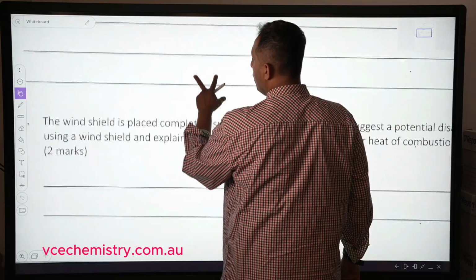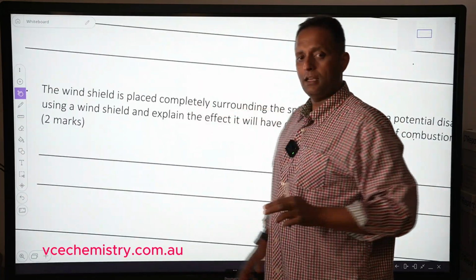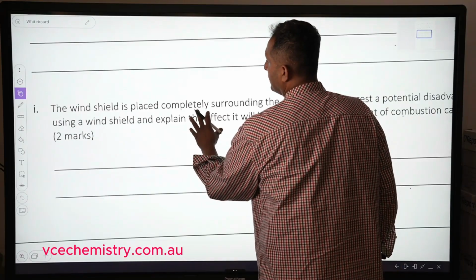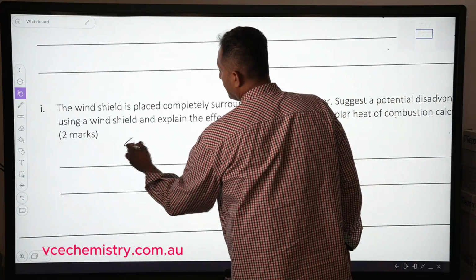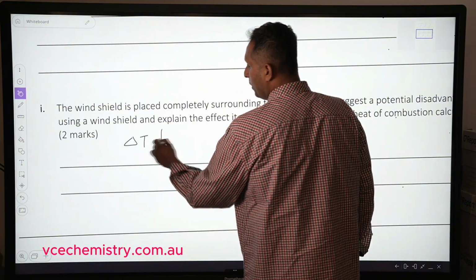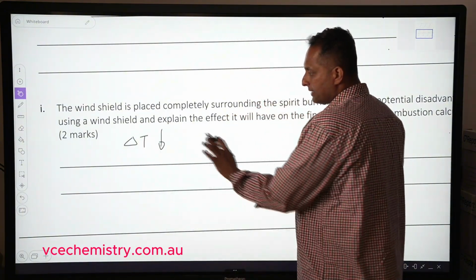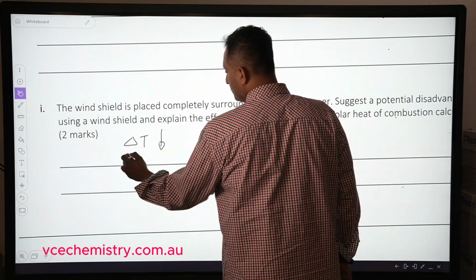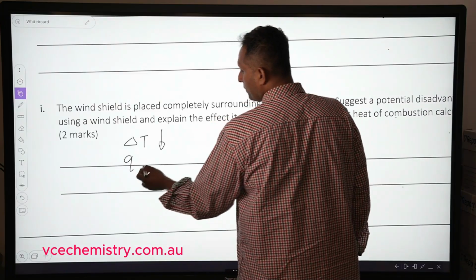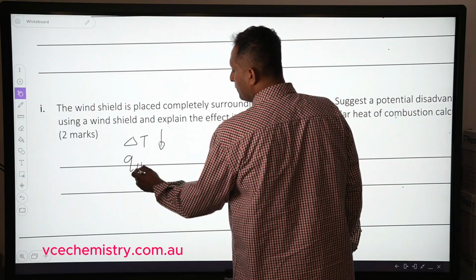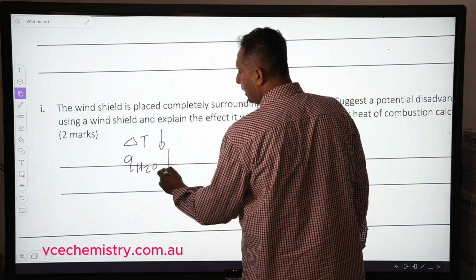When you have a lower amount of heat going into the water, the delta T of the water, the temperature change of the water, is going to be lower. Since the temperature change is lower, you use Q = mcΔT to find the energy absorbed by the water. In other words, Q water